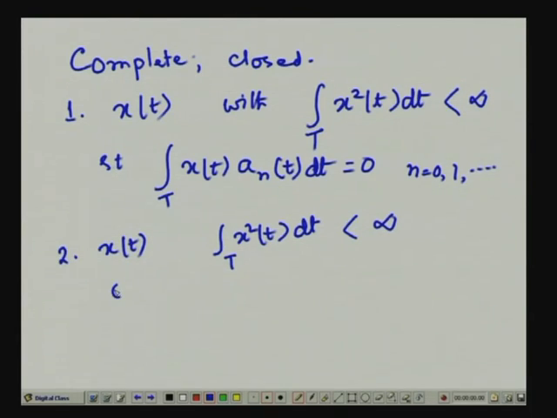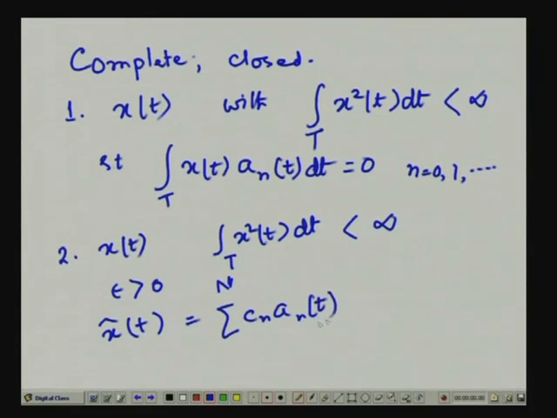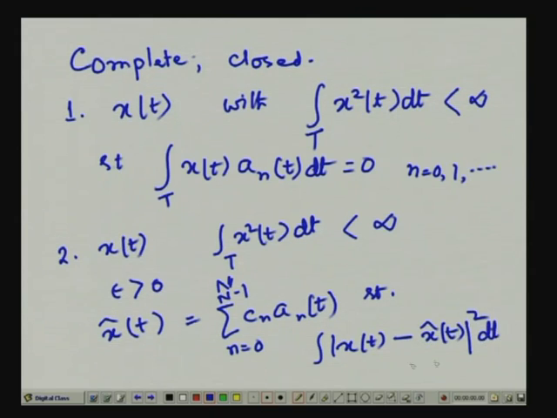And if there exists an epsilon greater than 0, however small this epsilon is, there exists an N and a finite expansion such that x hat(t) is equal to summation of C_n a_n(t), where n varies from 0 to capital N minus 1, such that integral of (x(t) minus x hat(t)) squared dt taken over the same interval capital T must be less than